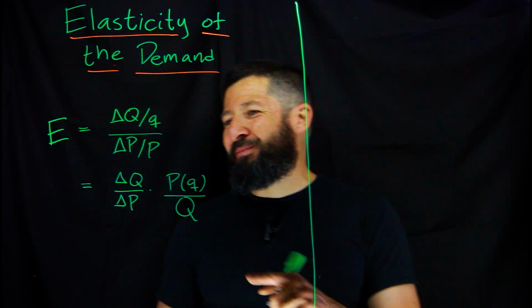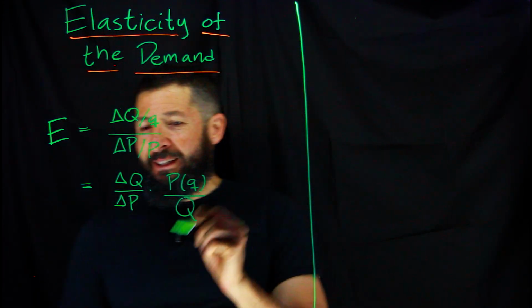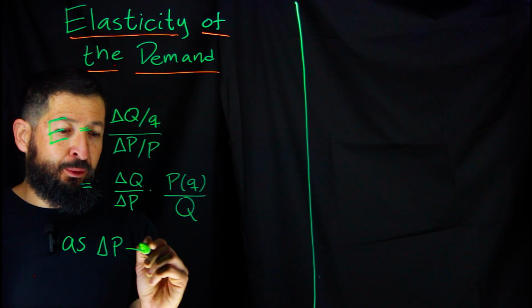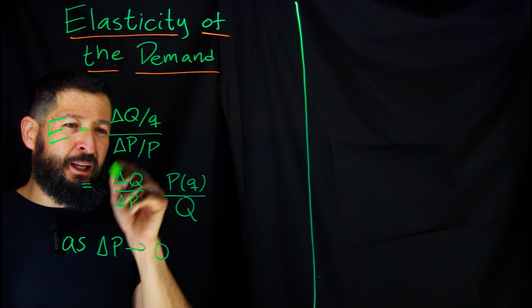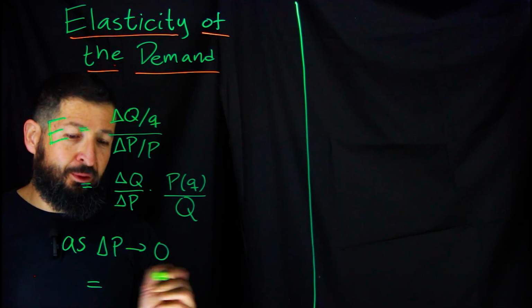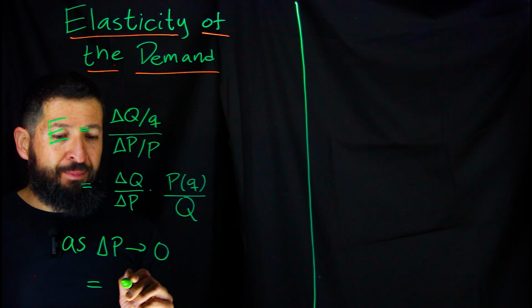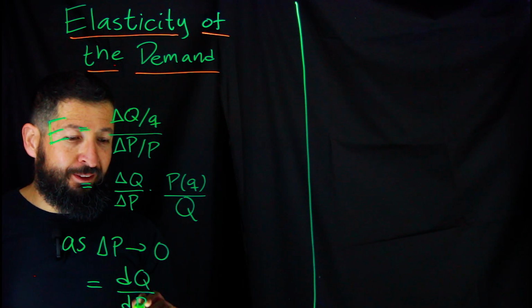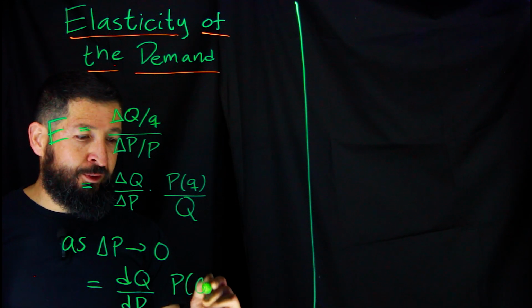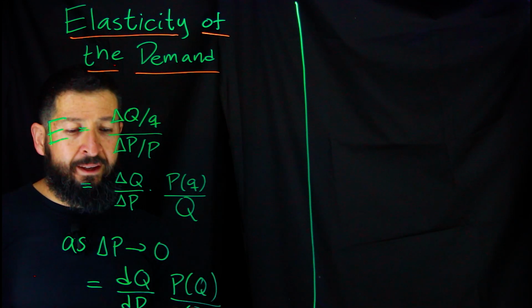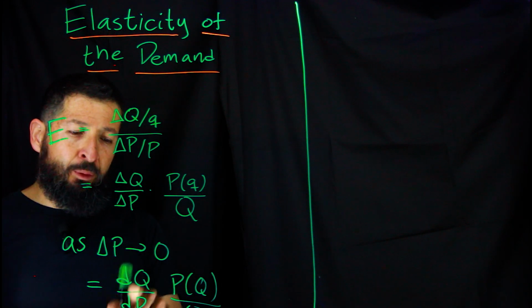Anyway, so now if you look at the delta as delta P goes to 0, the only thing that we have to think about, this is going to become the derivative, or this is going to go to the derivative of Q with respect to the price, and then price as a function of Q, and the book will say Q naught over Q. And then the one thing I wanted to mention is there will be a negative that